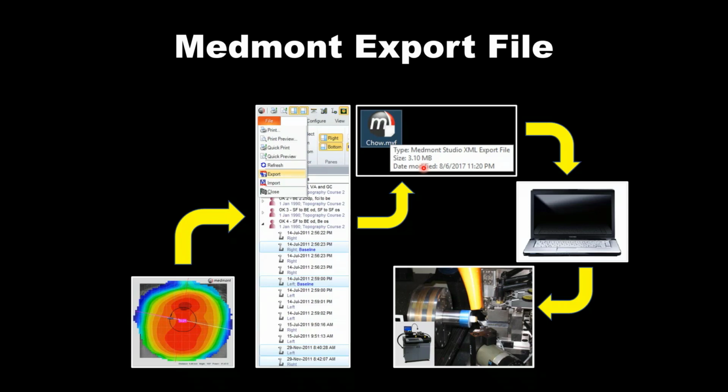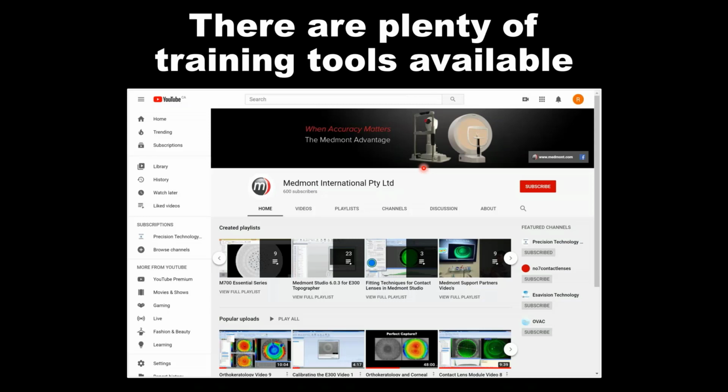Almost every lab that I'm aware of has the Medmont software. Even if they don't have the Medmont Topographer, they can download the Medmont software and be able to see what you see, to be able to analyze how you analyze. It's like they have a full version of the Medmont software, and they're able to take your topography and manipulate it. Medmont has put a number of videos on their website related to various topics that we've discussed today,